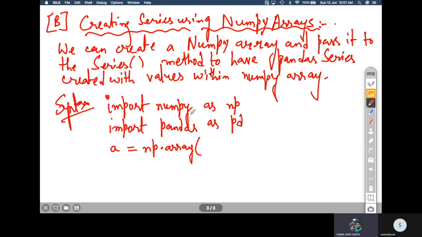So we will have an array function over here, and what we will pass here is a list, a simple Python list. A Python list is a very basic data structure in Python, so always we use that, and it is heterogeneous, so you can pass anything. But while you are going to create a NumPy array, you must remember that a NumPy array never accepts heterogeneous values. There is a restriction in array.